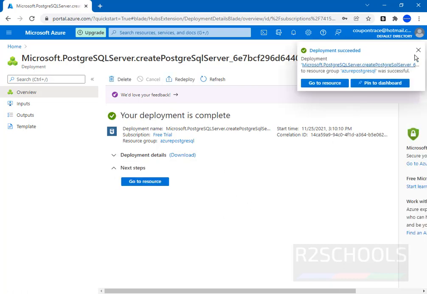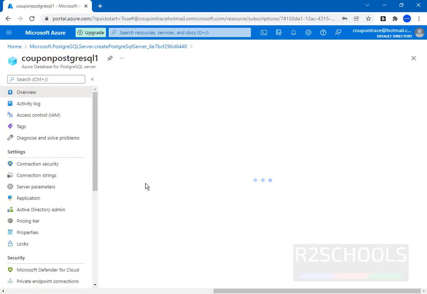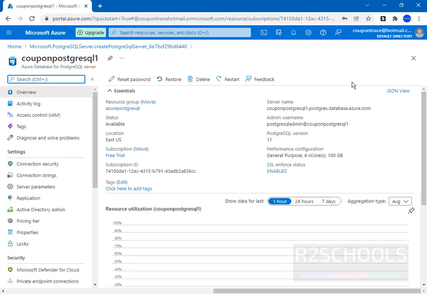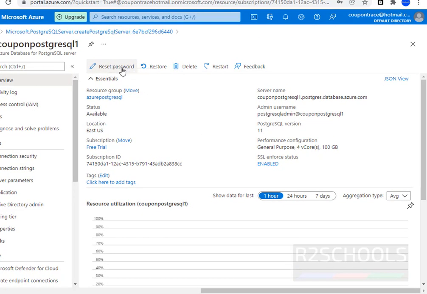Deployment is completed. Now click on Go to resource. See, this is the server name, this is the admin username. These are the options we provided at the time of Azure PostgreSQL server database creation. If you want to reset the password, click on this one. Restore, delete and restart, these are the options.